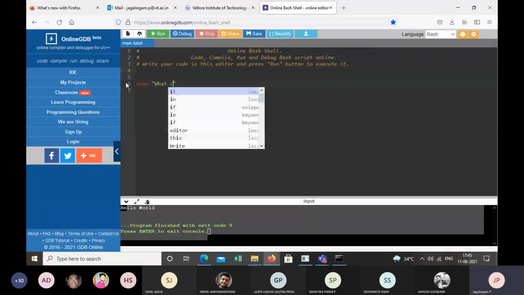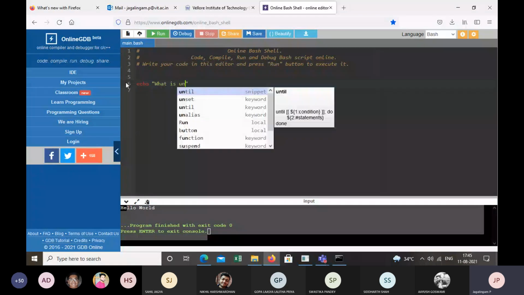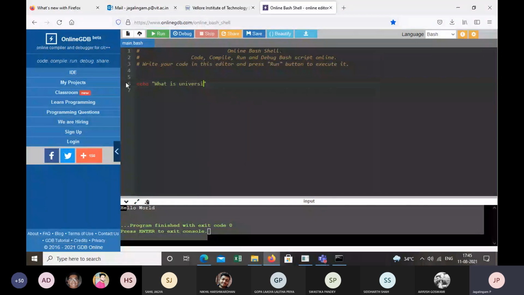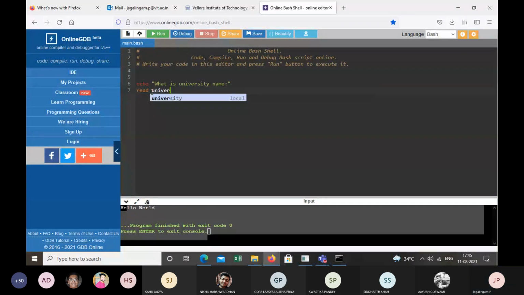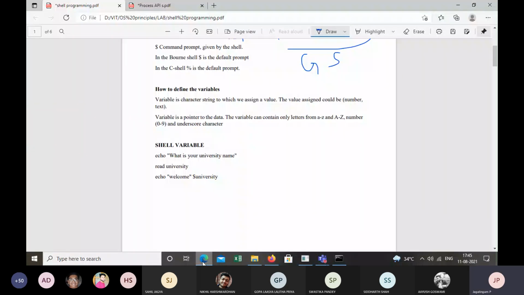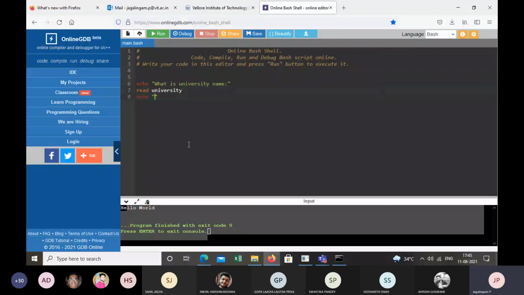When the user enters the name of the university, that is stored in the variable university, and I print echo welcome dollar university. What do you mean by this?